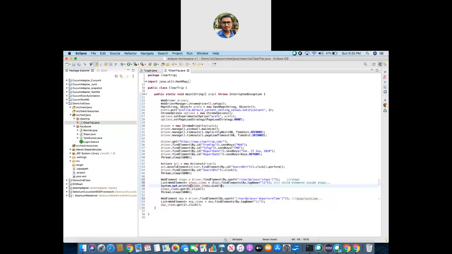Similarly, you can check how many data values are there inside this. Then I am taking, this is again a list, get(0), which means it is taking the first index. If I do 1, it will take the second element, right? 2 is the third, and 3 is the fourth element. If I run this,